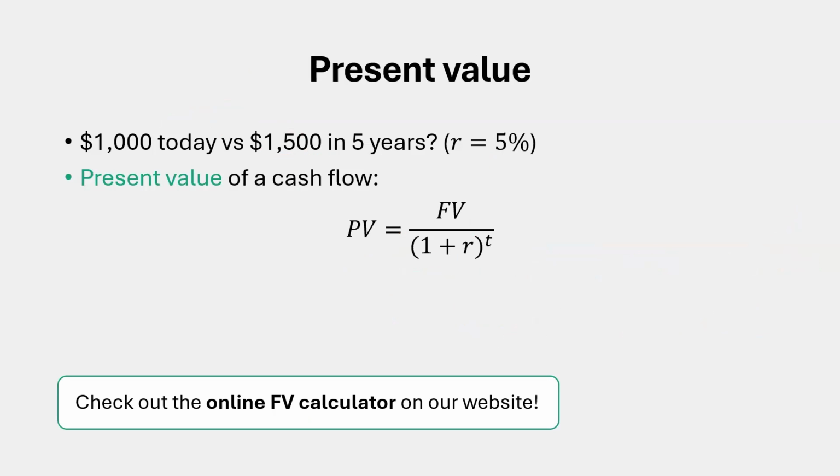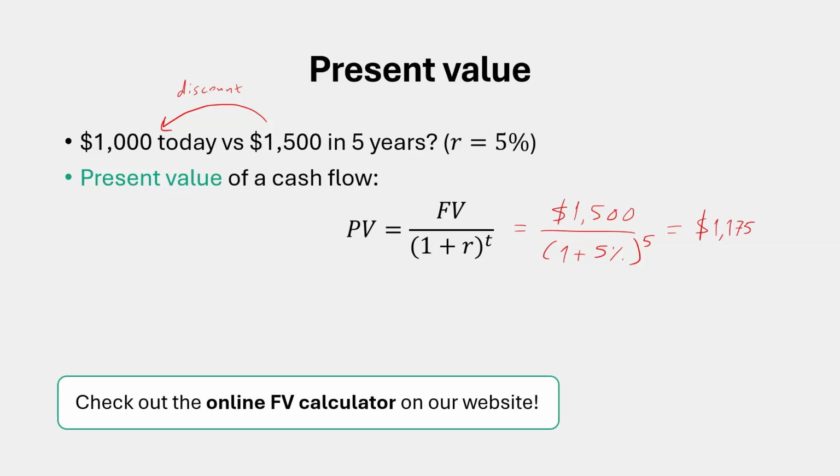So we could do, of course, the opposite. We could basically discount 1,500, which would be equivalent to finding its present value. So this is the present value equation. What I have is 1,500 received in 5 years' time. Again, I'm going to use the 5% interest rate, and this time I'm discounting, so that's why I'm dividing it, and raising this 1 plus 5% to the power 5. Why? Because it's a 5-year period, and this will give you a figure of